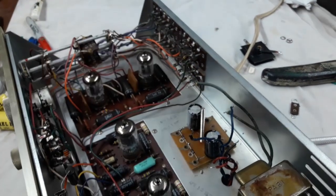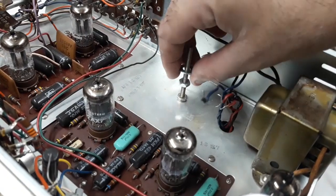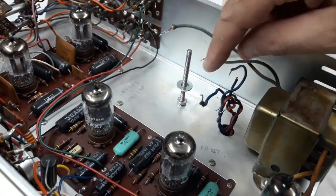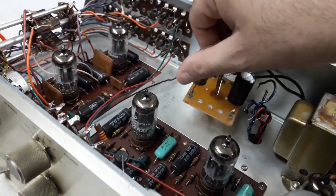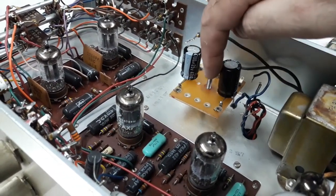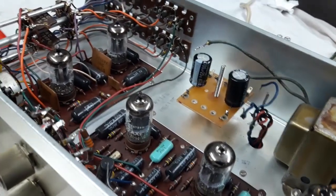I'll decide just now. Right, so I found a regular, I think it's 10-24, I guess, nut there, just about an inch above the bottom, with a washer, not a particularly tight fitting washer, but it should be okay once everything is in place and squeezed up. There's no danger of the middle bolt shorting to anything else, because there's quite a distance all the way around to any of the other